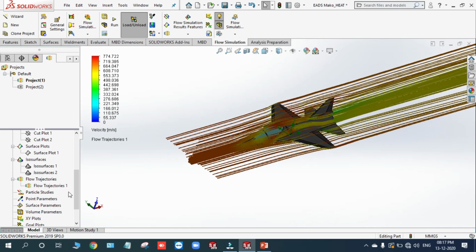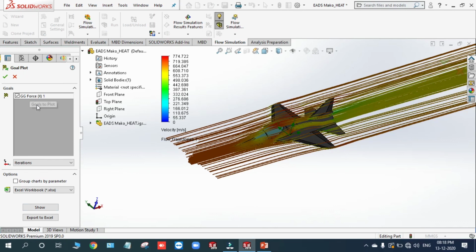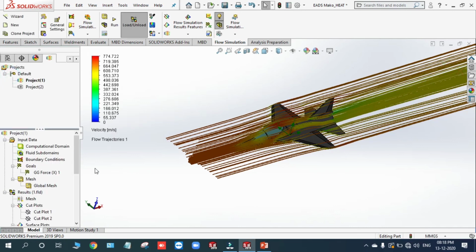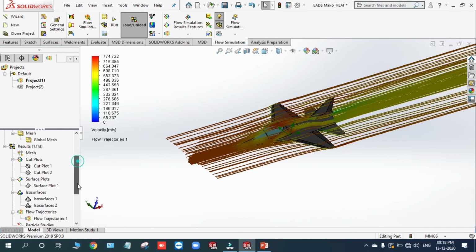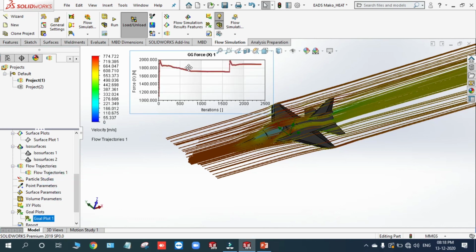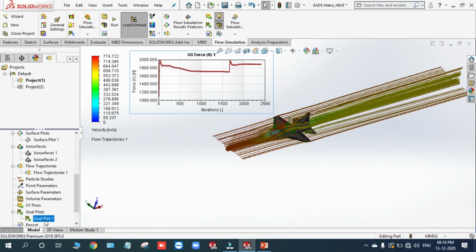This video might help you deal with the tool usage for the flow simulation. In the goals you can add this one, which is the only one I have specified. If you click on OK, it will show the results. If you click on show, it will show how the force varies with respect to your results. And you can also check the CD and CL, how they change, so that you can specify them there.